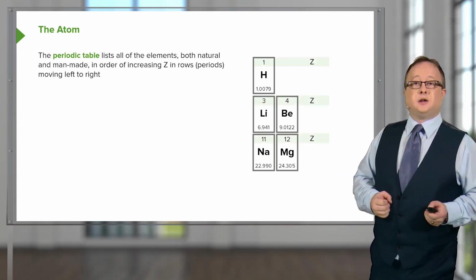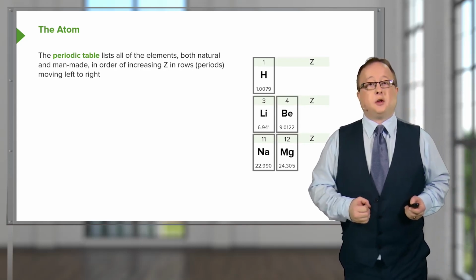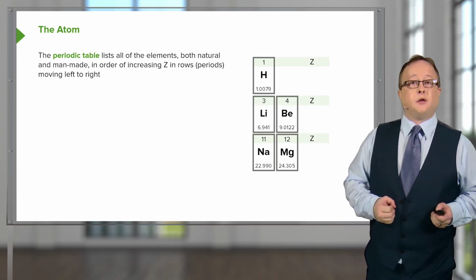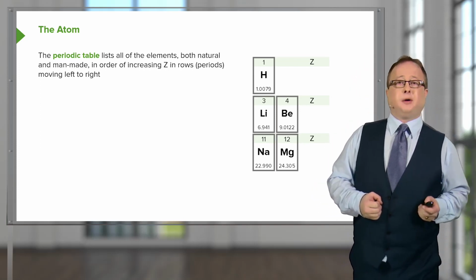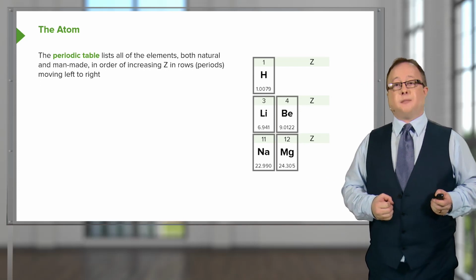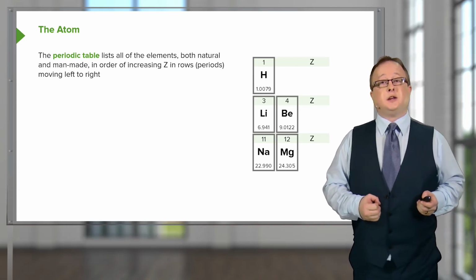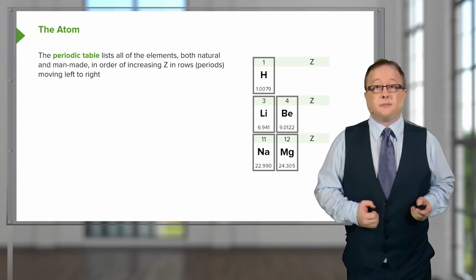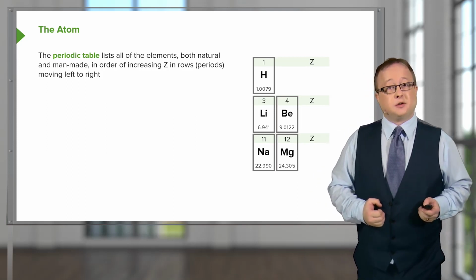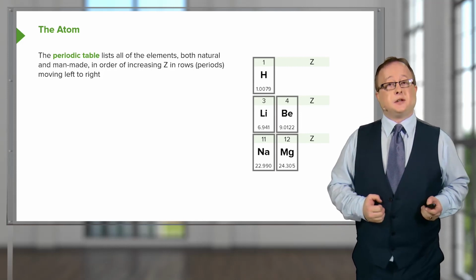Now, as you can see in the periodic table, you can observe we've got a number of different numbers above and beneath the chemical symbols. If we look at the number above, it is the smallest number, and therefore it is the Z number, or atomic number. This correlates to the number of protons and the number of electrons that that element possesses in its